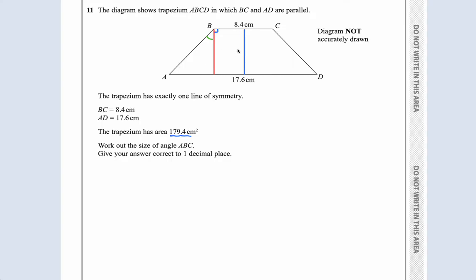Now this line of symmetry thing is obviously important because he has said, well, if that's a line of symmetry, that means this distance is exactly half of this distance. So this distance here has to be 4.2. So this distance is 4.2, which means this distance here,